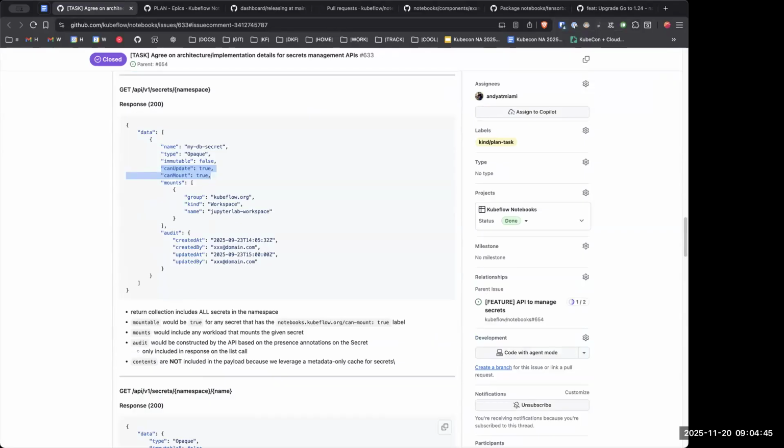For can mount, if can mount is false on an existing secret that was created before the wizard, then we do still display it, but we are disabling it from the drop down option so that you can't select it. That one is a little easier. For can't update and immutable, I'm not sure how to handle that at the moment.